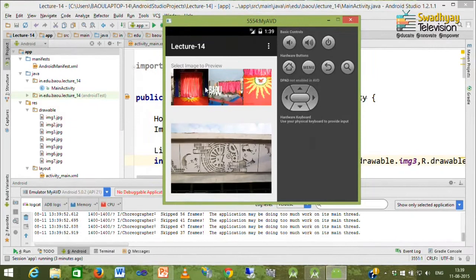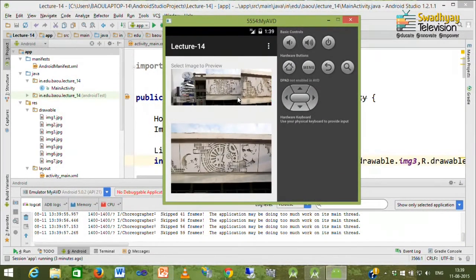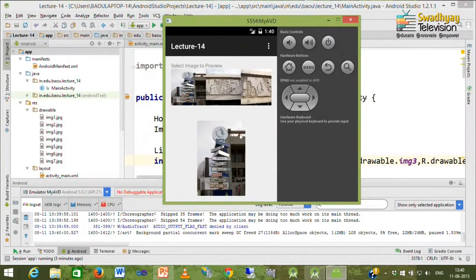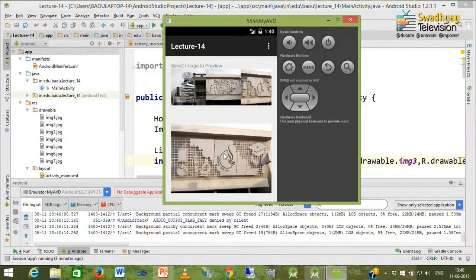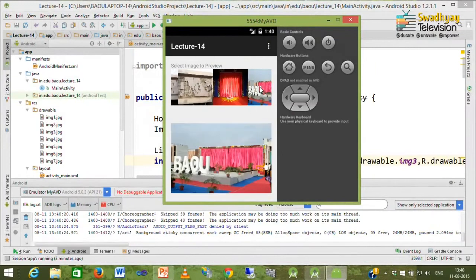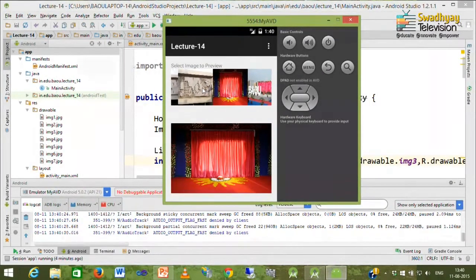So, we can have a scrollable view of our linear layout, and by clicking on a particular image we can have its preview inside this image view placed at design time. Remember, all these images are created dynamically inside the linear layout, which is also dynamically created, and by clicking on one we can see it inside this image view.